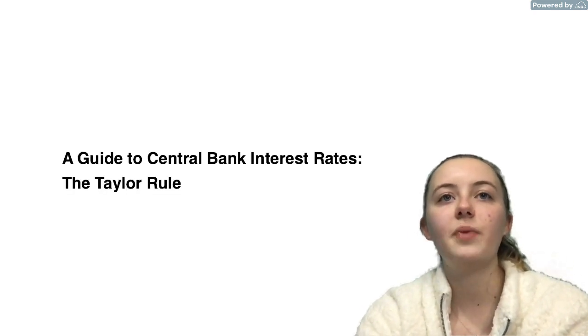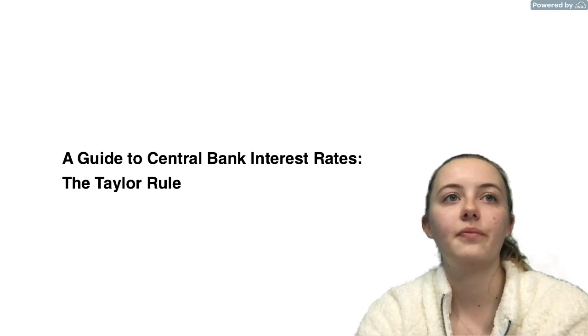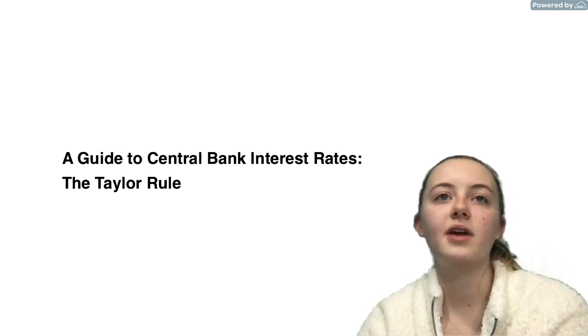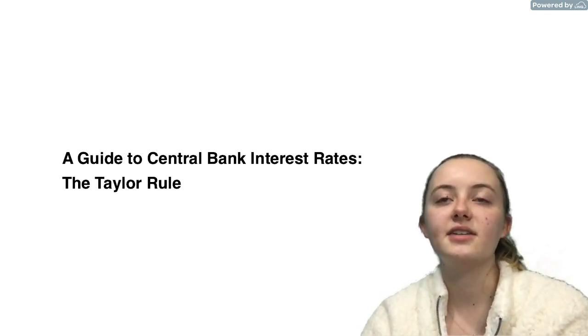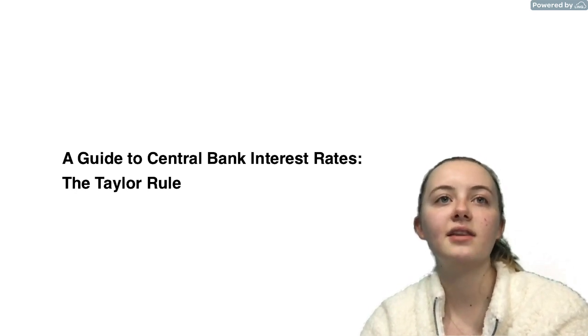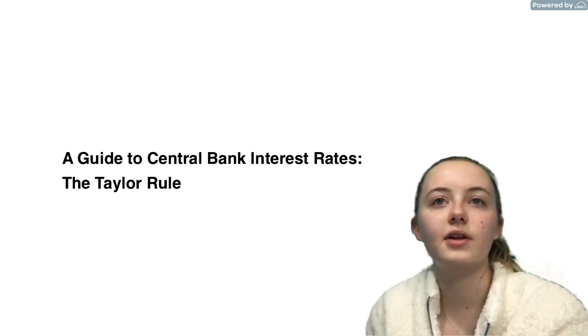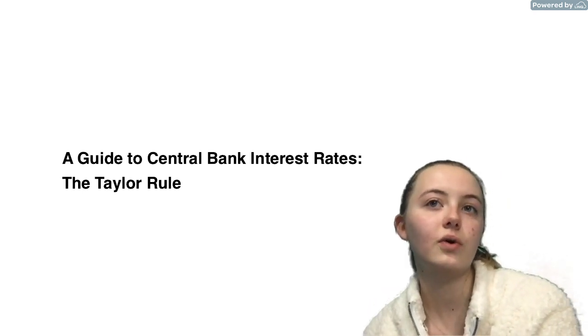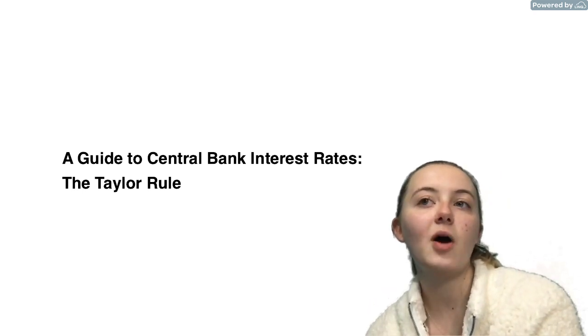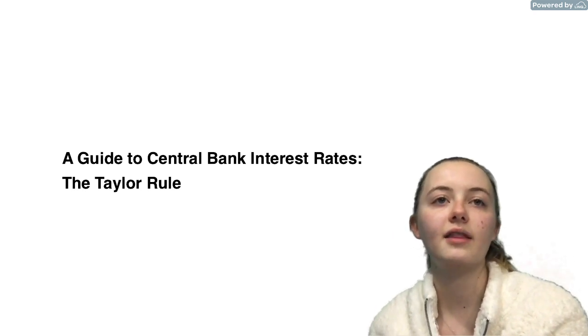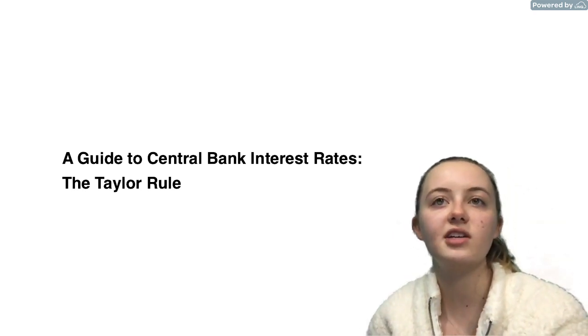A guide to central bank interest rates: the Taylor rule. Interest rate setting is about numbers. The FOMC sets a target range for the federal funds rate. To simplify matters, imagine that the center of this range is the target level, say 0 or 2 or 4%. And these policymakers don't merely pick the target, they also choose the day on which to make the changes.